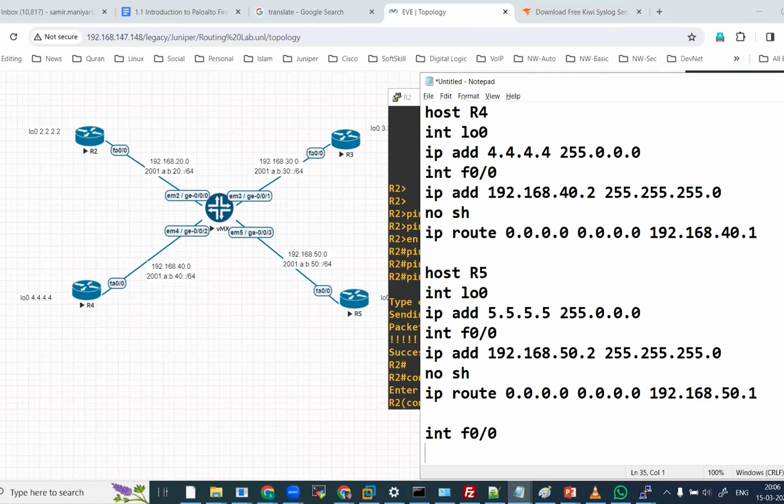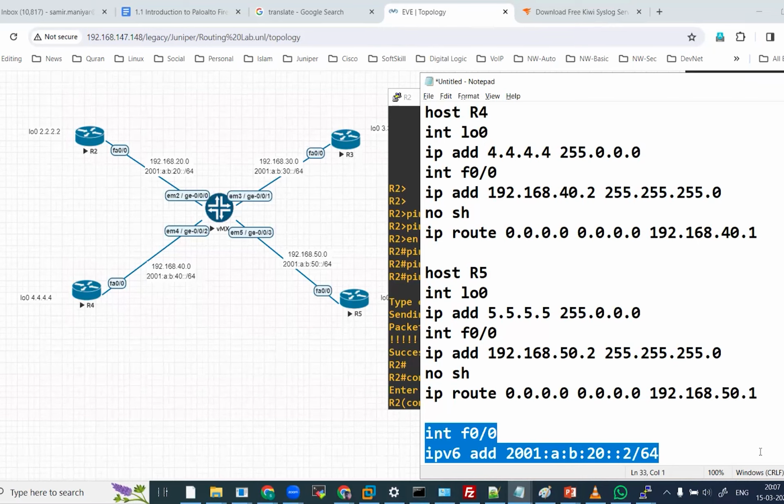Interface F0/0, IPv6 address 2001:AB:20::2/64, and we will repeat this command